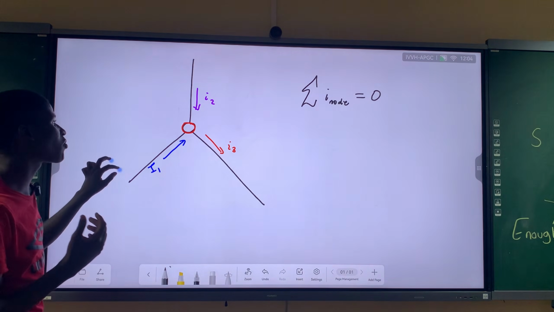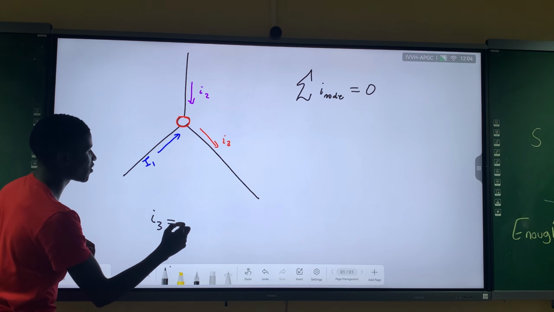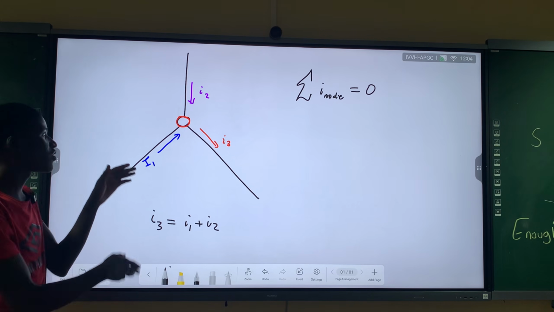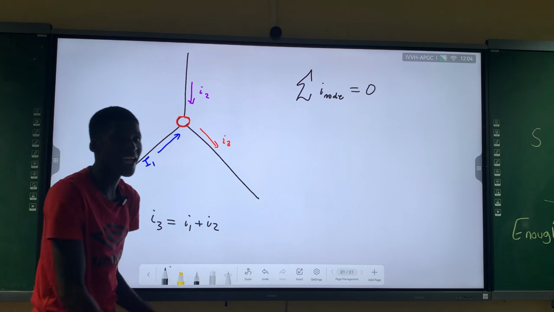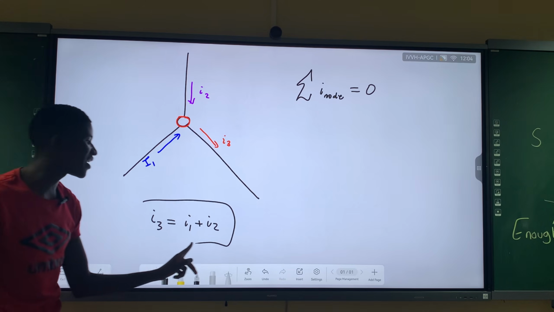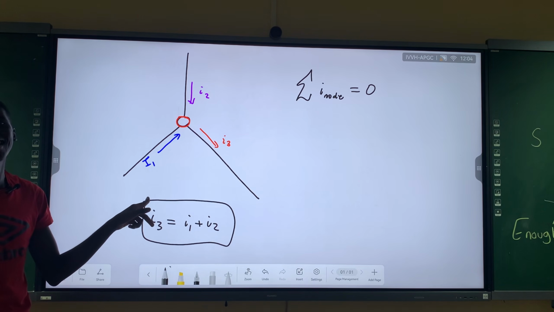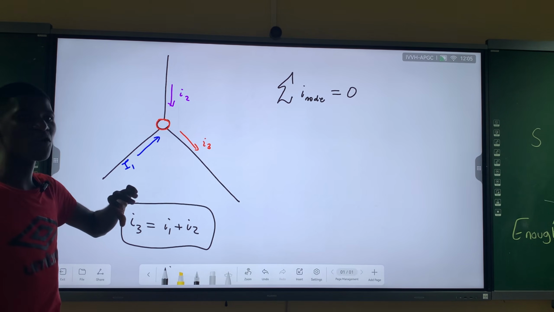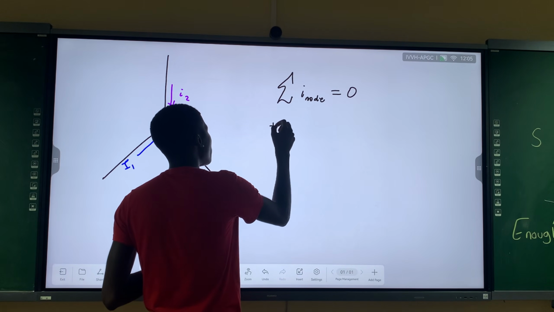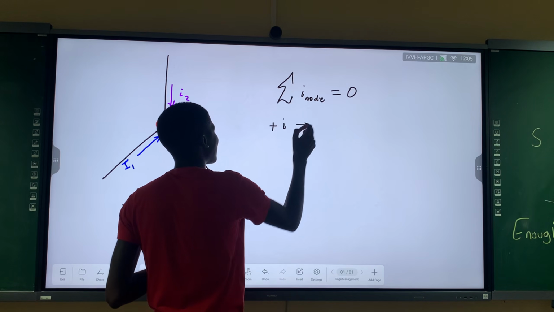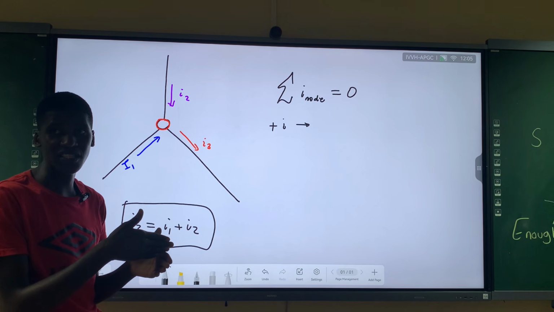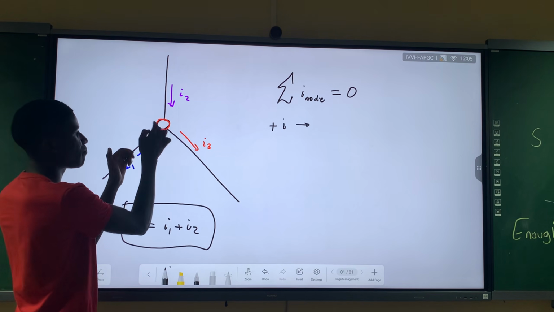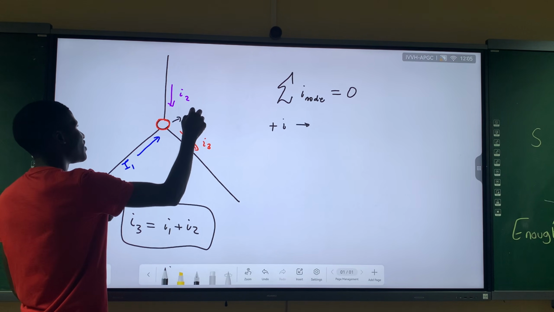You can just say the value of I3 is equal to I1 plus I2, just by seeing that these two currents are combining and going there. But now I want to show you that this is actually Kirchhoff's current law, which you have been doing all along without really knowing it. When we assign our currents, we have a positive current. A positive current simply means that this is the current flowing into the node, coming towards or into this point, which is our node.